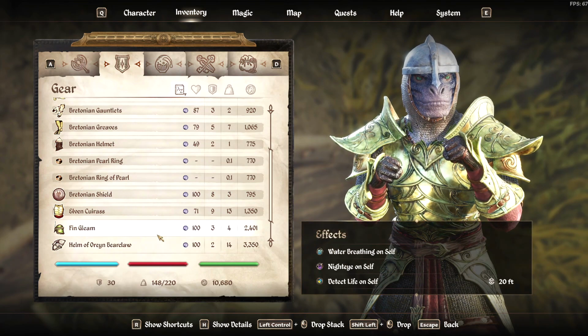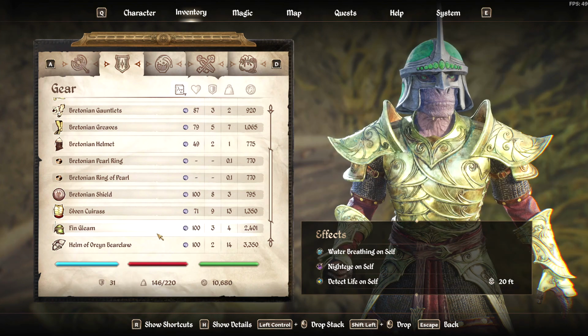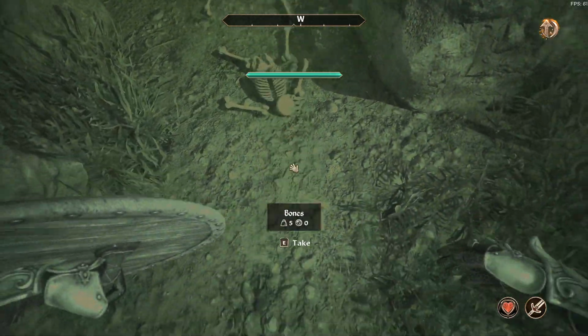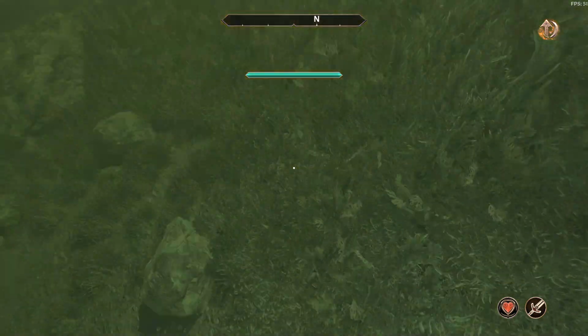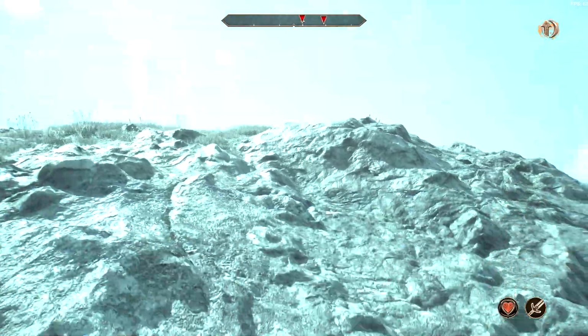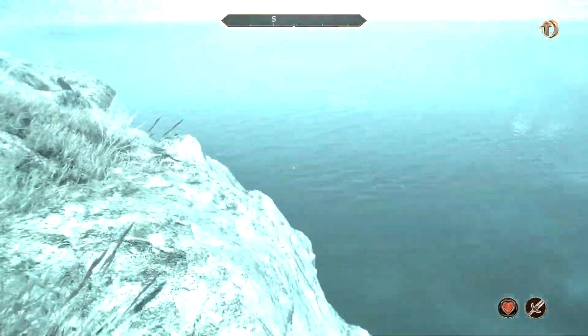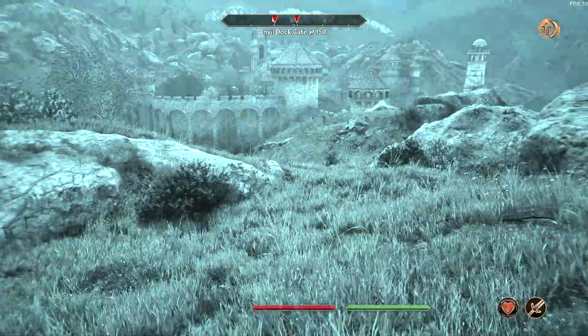But yeah, you get the water breathing obviously, you get Night Eye, and you get Detect Life. So let's throw this bad boy on. Oh, you know, I don't think I would classify that as a fixed Night Eye. Hopefully it looks better above the water, because this doesn't look quite right yet. I'm really hoping it's not blue, but no, that looks pretty damn blue. I don't know what they mean by they fixed Night Eye, because this does not look fixed to me at all. Granted, it is daytime, so I mean...